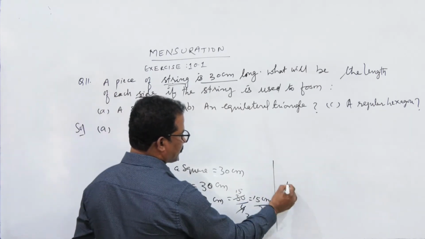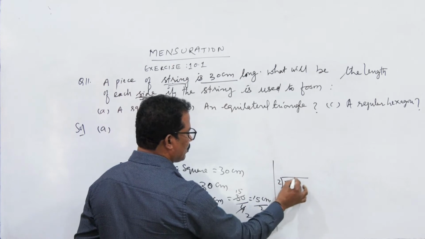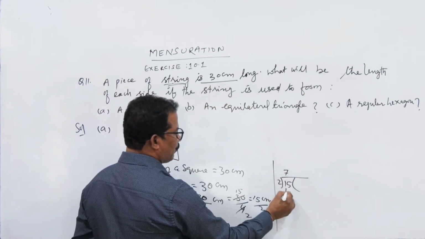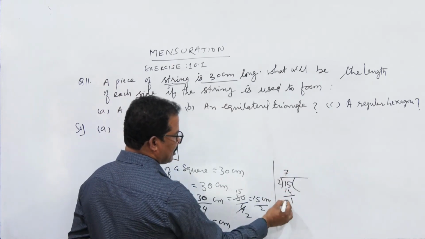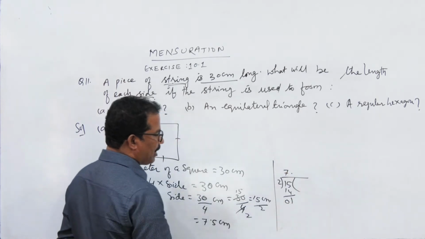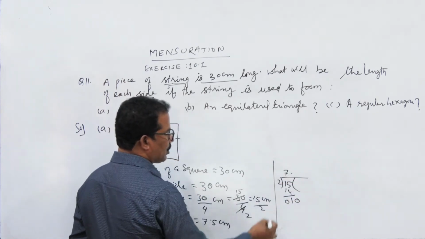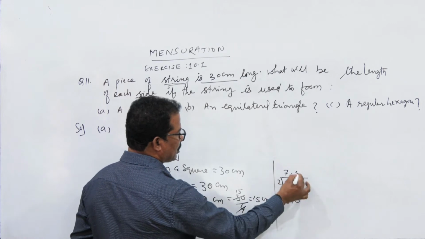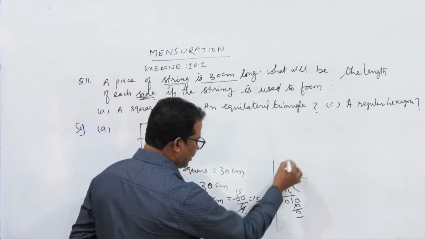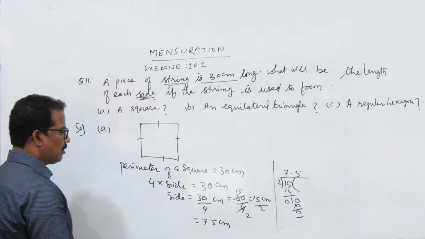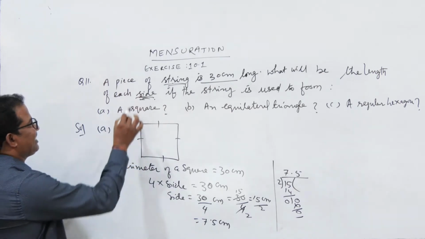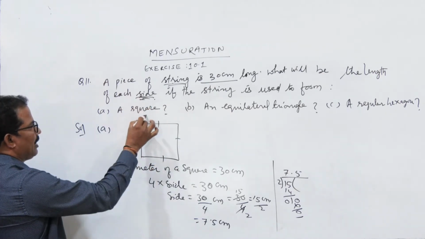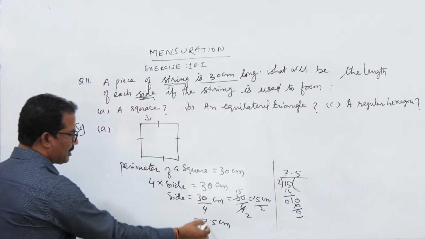We know how to divide this 15 centimeter by 2. See, it is 15 divided by 2. So 2 7s are 14, 1 remaining. Here nothing is there, means we can put a point here. For this point we can add a 0 here. Now it is 10. 2 5s are 10. So in this way we got, what is the length? 7.5 centimeter. That means each side of this square is equal to how much?